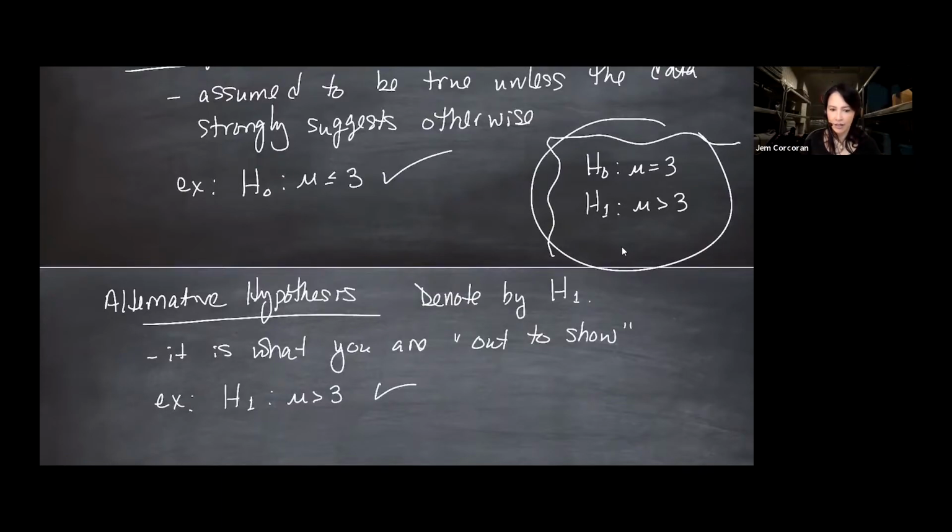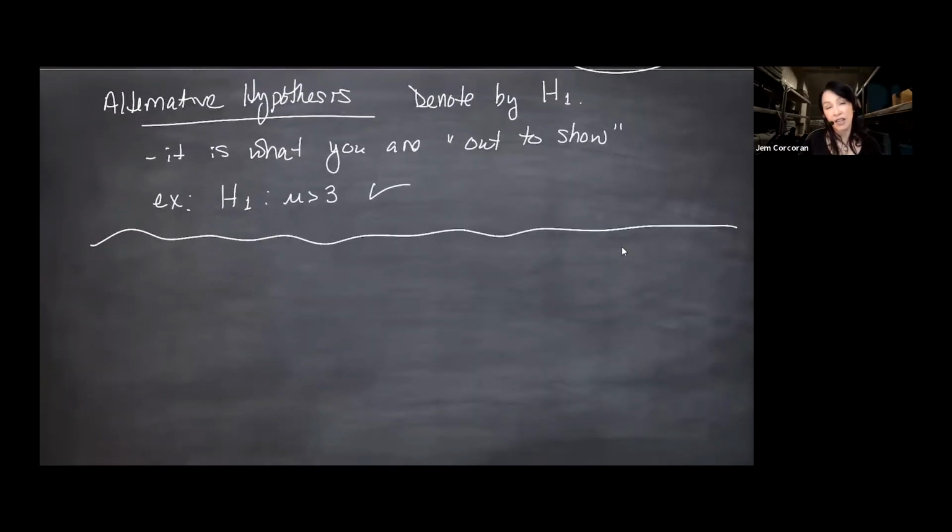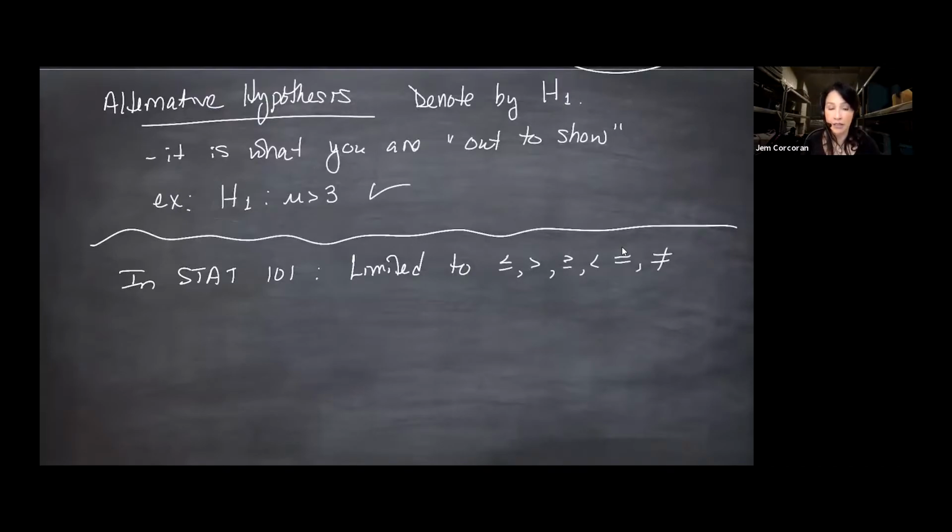Okay. Stop me if you have any questions, but I was saying at the beginning here that, in Stat 101, whatever that means, we're usually restricted or limited, in these hypotheses, to seeing things like less than or equal to, greater than or equal to, less than, equals, not equals, things like this in our hypotheses. But here we're going to get really general. So in MathStat,